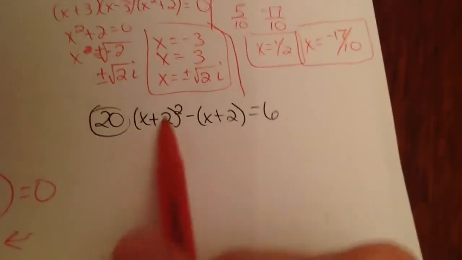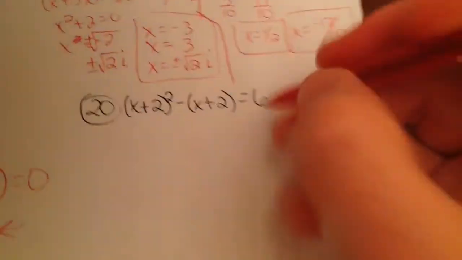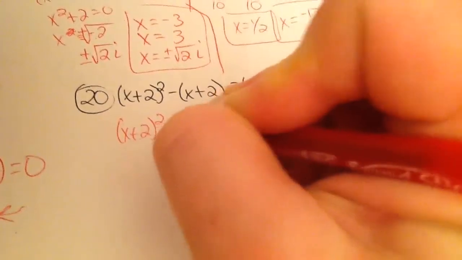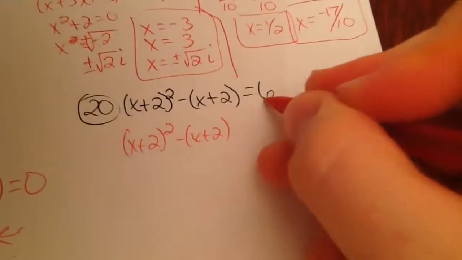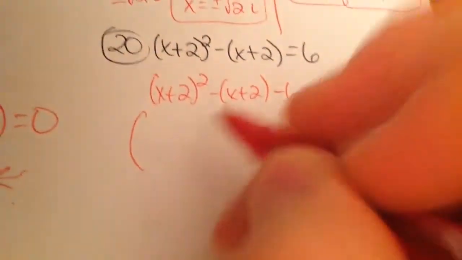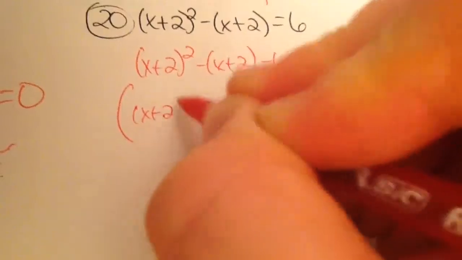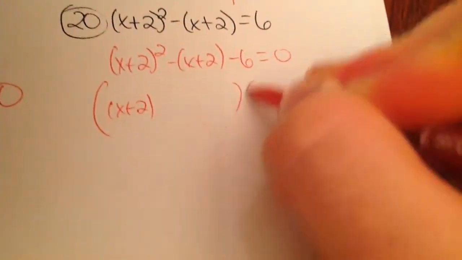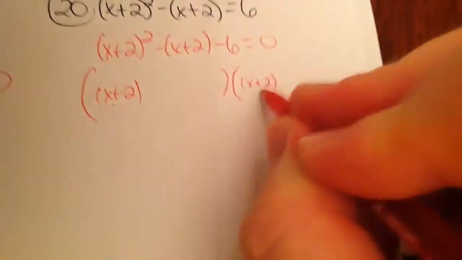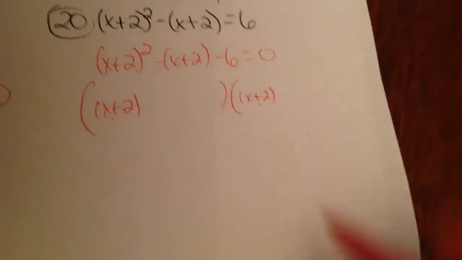Hey, we got a something squared minus something, so it's just going to be regular factoring. Subtract the 6 over, equal to 0. So we got, hey, look at that, that thing is the square of that thing. So I'll just put parentheses. I'll have x plus 2, parentheses, x plus 2,